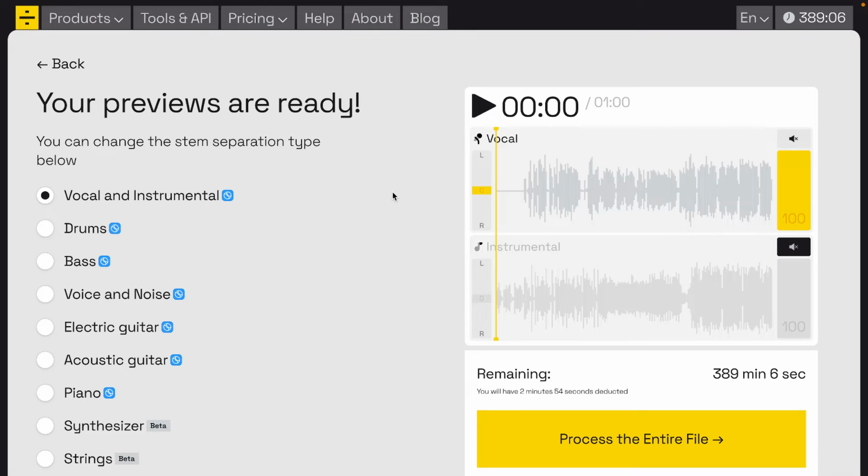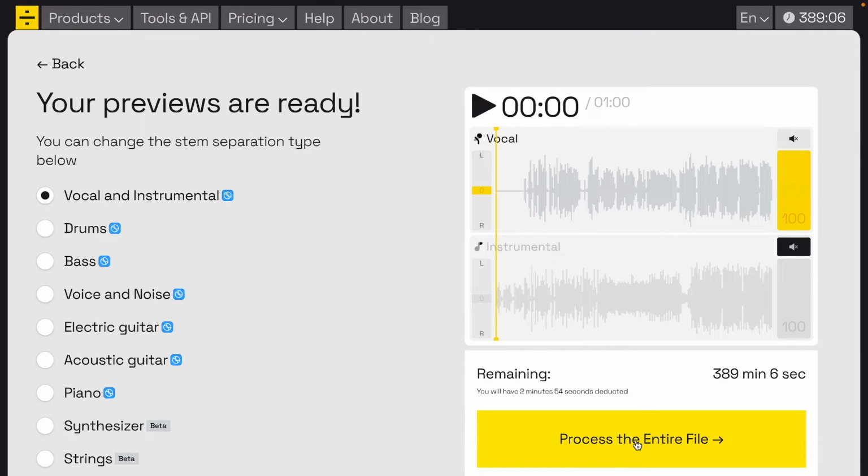So now we've uploaded a track, we're in preview mode, and it's really quick to do this. It takes anywhere between sort of 15 and 30 seconds if you've got decent internet, which is great. And previews you don't actually use credits for. You can have as many free previews as you want, so you can kind of get an idea of the quality of the acapella before you decide to commit to processing the entire file,